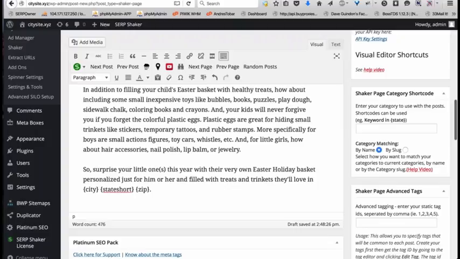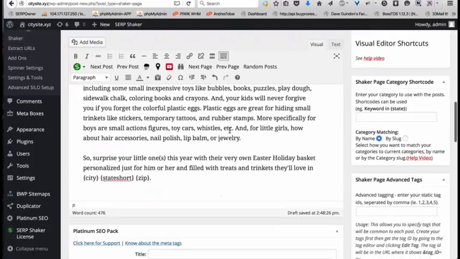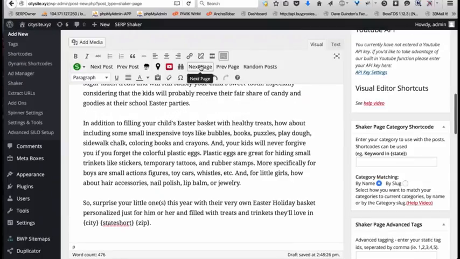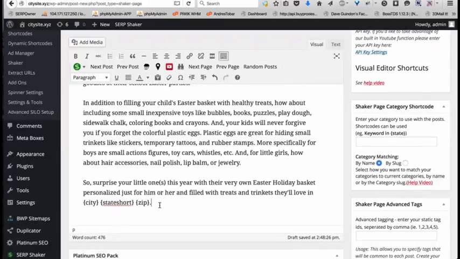So to finish things up here, so that we have a few minutes for questions, we've got the article. There's a few functions within SERP Shaker where we can interlink posts. I've been testing that, doing the interlinking. I still do the random posts, so that we get a number of random posts down at the bottom. That way it helps with the indexing.